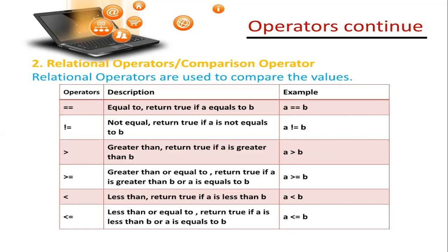Both are the same. Okay, the relational operators that we can use are the two equal to signs. Now, this is again important. This is where you get confused. A single equal to sign is an assignment operator. A double equal to sign means a comparison operator. That means you are trying to compare for the equivalence of the two variables. You're trying to check if both the variables have the same value.